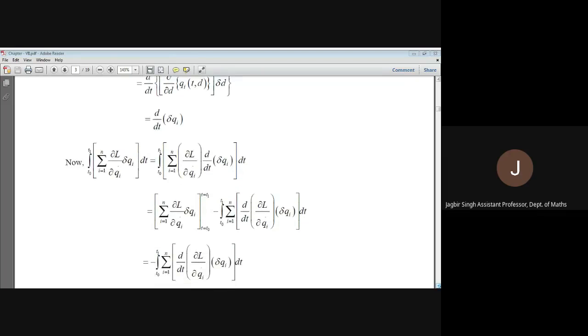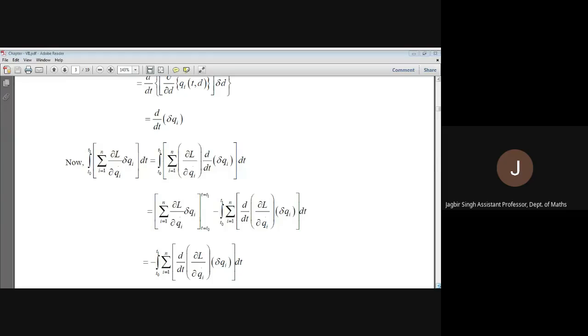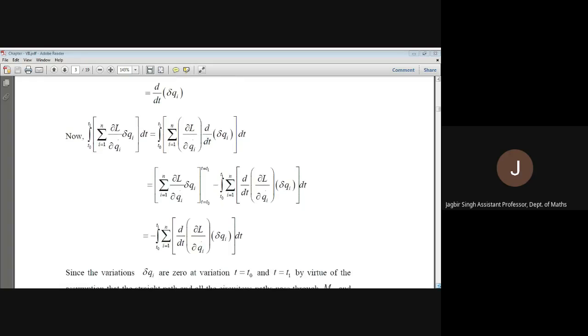Now we have two functions. First is curly L by curly Qi dot and second is d by dt of del Qi. So using integration by parts, it is the first term times the integral of the second, del Qi from t0 to t1, minus integration t0 to t1, summation i from 1 to n, the derivative of the first term d by dt of curly L by curly Qi dot, into integration of second, so it is del Qi dt. And now